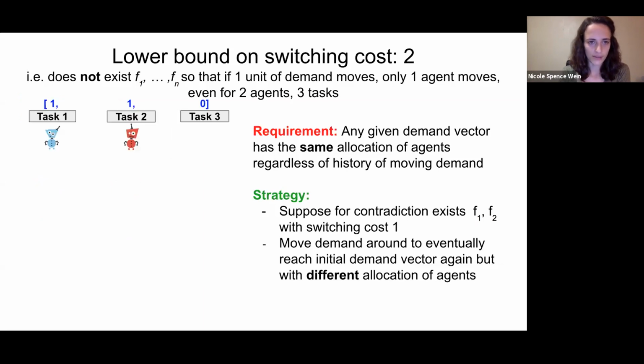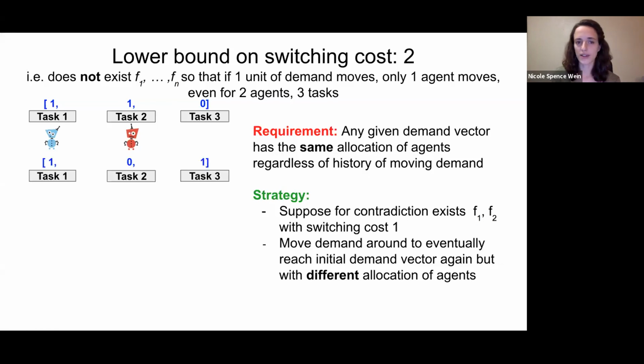Okay, so the proof of this fits on one slide. Let's imagine that this is our initial demand vector, 1, 1, 0, and we have these 2 agents allocated to these 2 tasks. Now, let's suppose we move a unit of demand from task 2 to task 3. Now, our only choice of which agent to move is to move the red one from task 2 to task 3,